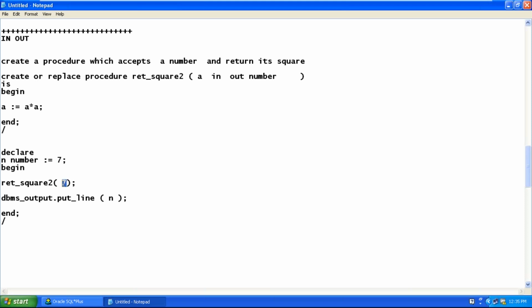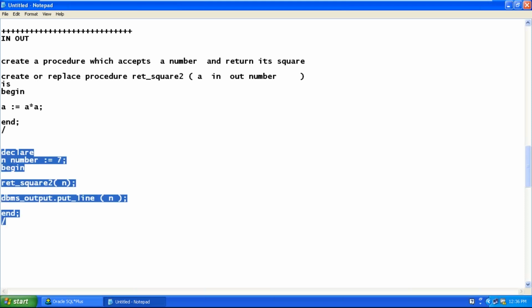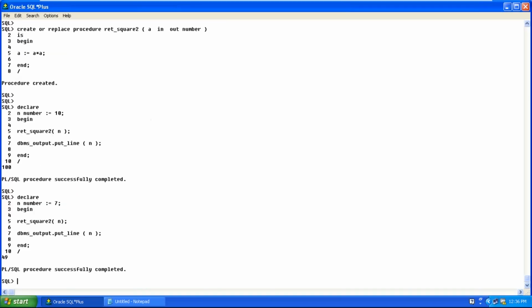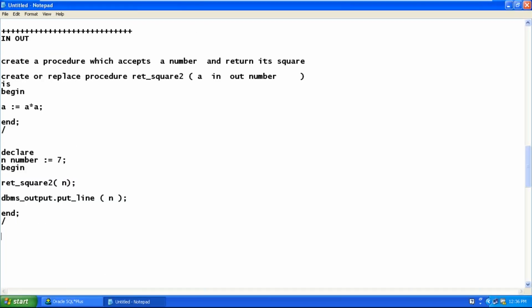Indirectly you are sending 7 and the variable n will be replaced with 49, and 49 is printed. So like this, in parameters are for accepting the values, out parameters are used for returning the values, and in out parameters are for both accepting as well as returning the values.